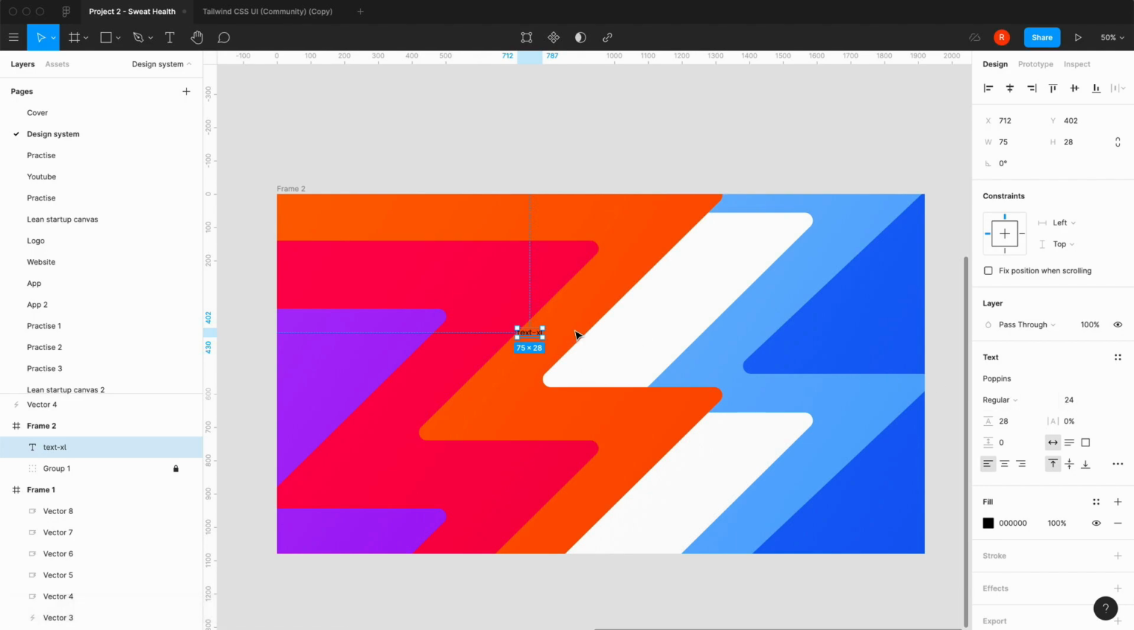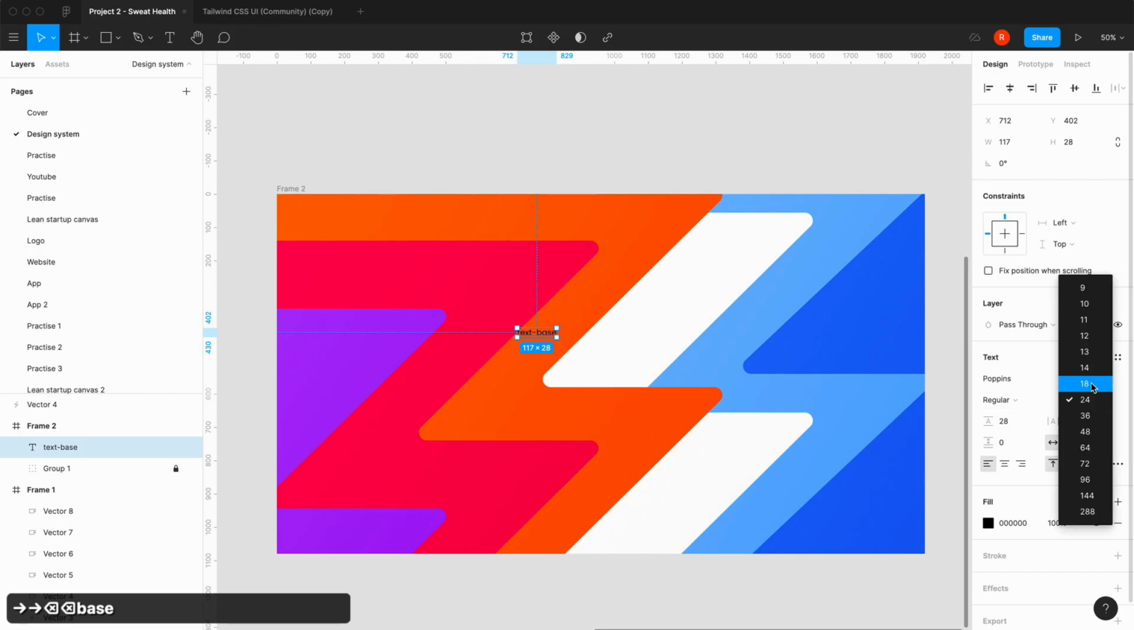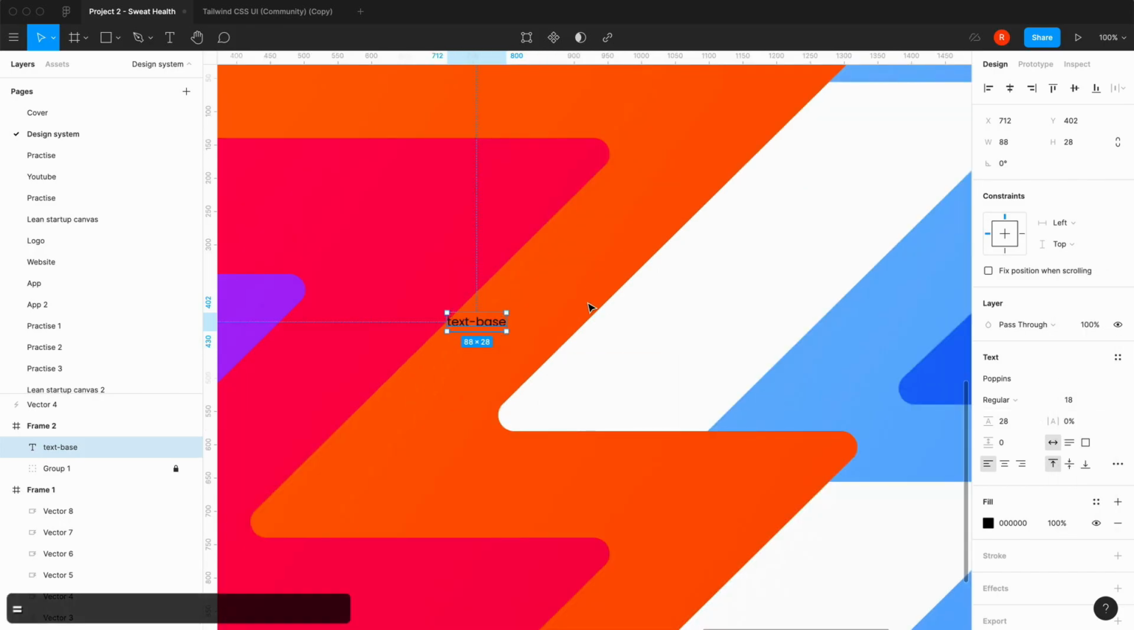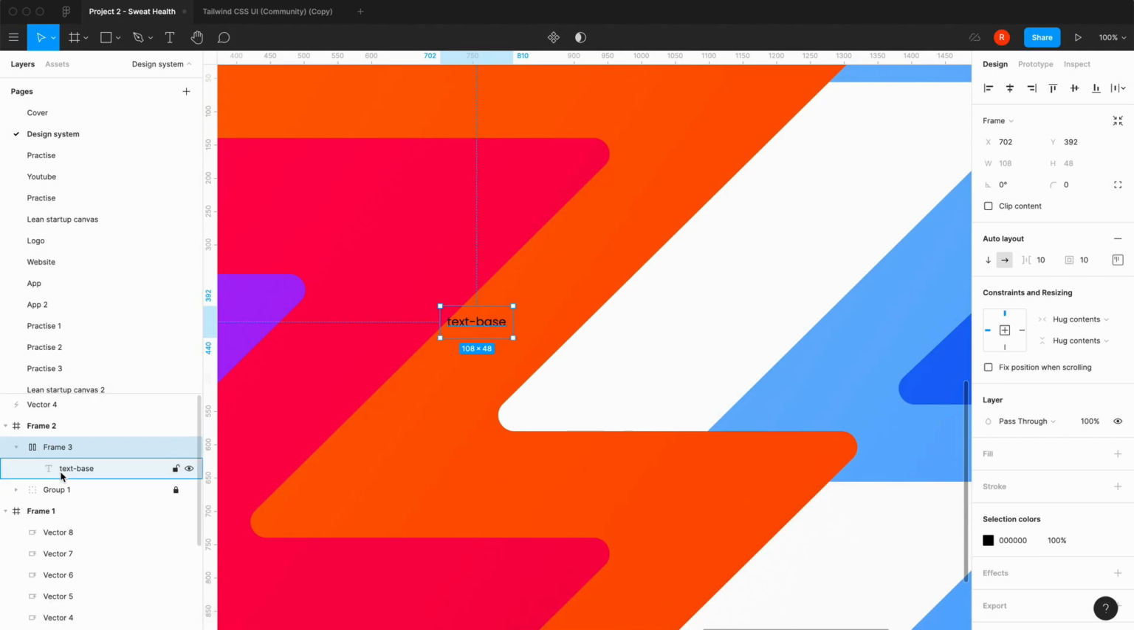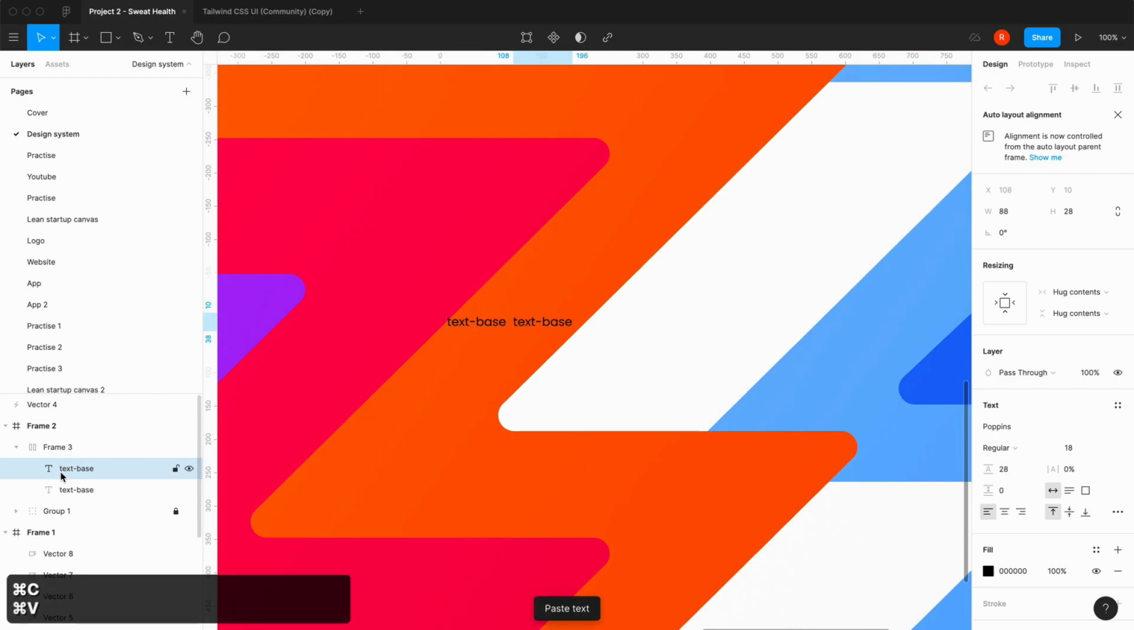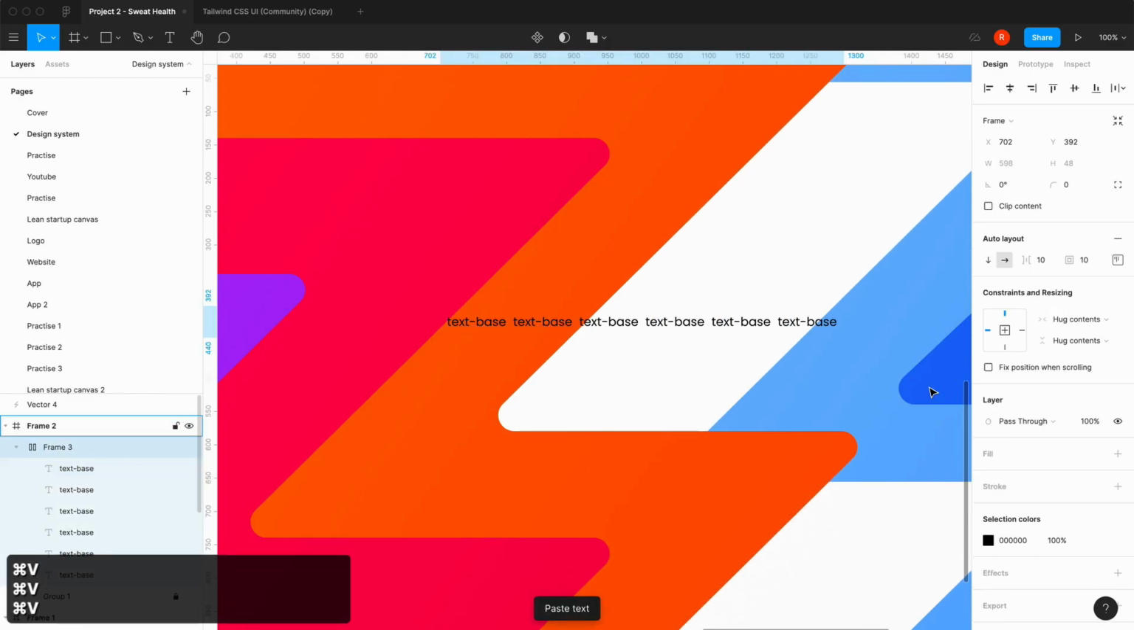So actually, let's start with text base, and the base is going to be 18. Okay, and what we're going to do is auto layout, so Shift A. We go in, now copy this 6 times, 4, 5, 6, we're then going to stack it,